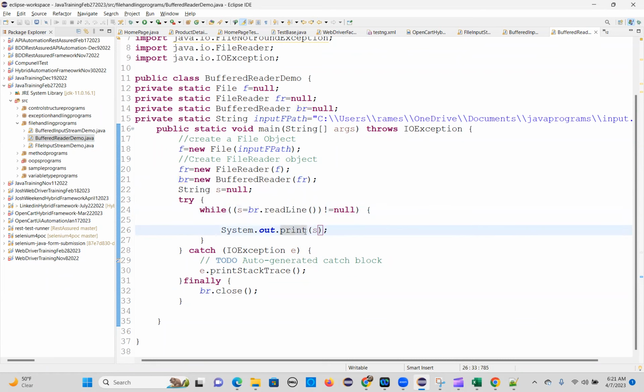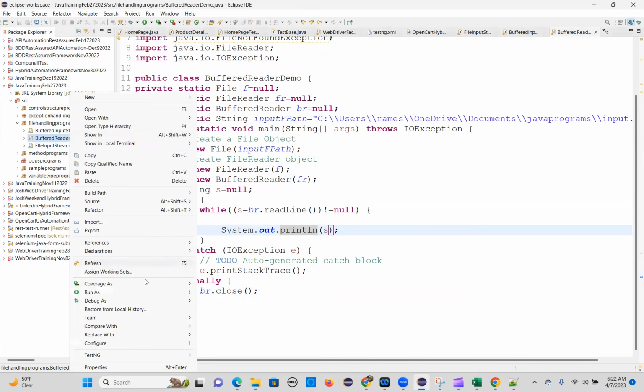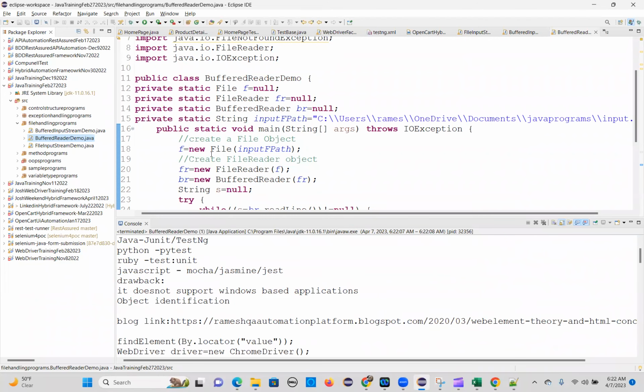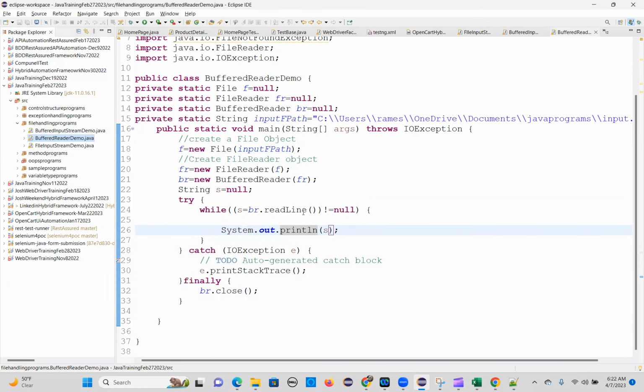You can say println now. So the first line it will take, then it will go to the next line. This is the same reading process we are doing. Either you can use a file input stream, buffered input stream, or a file reader, buffered reader for reading purpose. So that's all about these two concepts, how to read the data